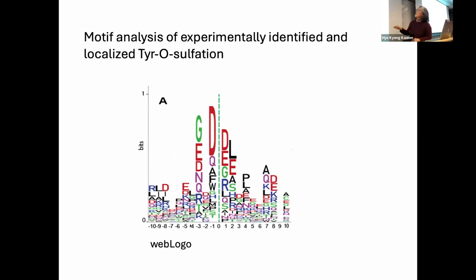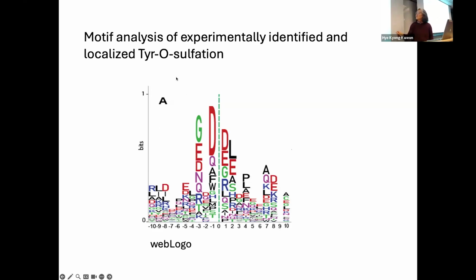Okay, next one. So this is the last slide from the data. Even the sulfation was lost, but because there is only one tyrosyl site in the sulfopeptides, we could localize those ones. So we aligned those sulfation sites at the center, and then compared which amino acids are around that sulfation